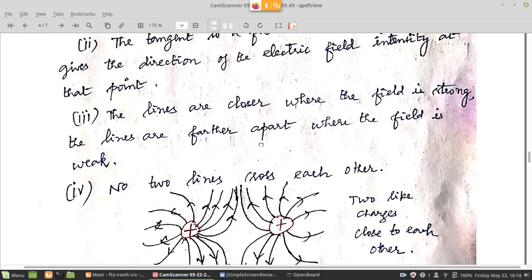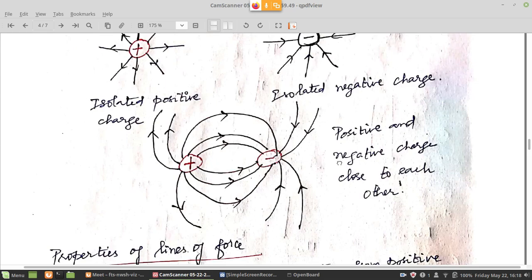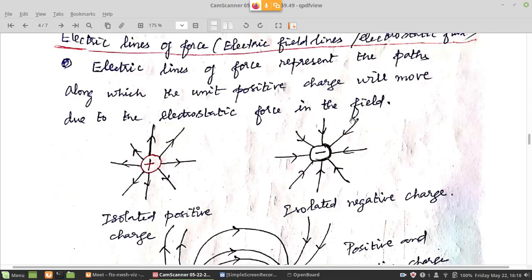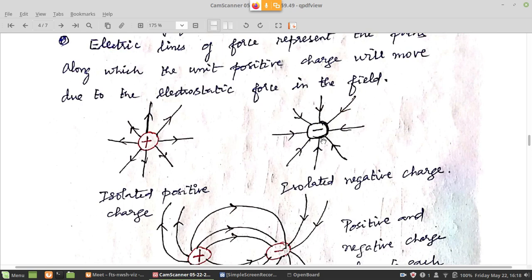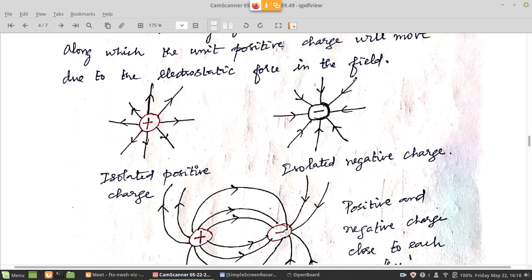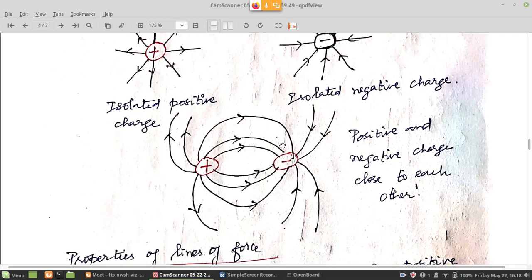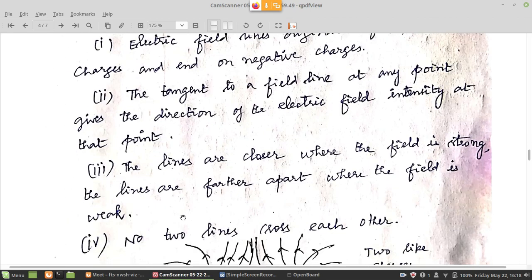Later on, when we study the concept of electric flux or electrostatic flux, again we will use these ideas. These ideas are very, very important. We will extend these ideas to the concept of electrostatic flux. We will separately deal with the topic, as a lot of questions are generally asked on electrostatic flux. So sometime next week we will start the concept of electrostatic flux. That time we will understand again why this is so important and why these properties are so relevant to calculating electric fields. Right. So I think today I will stop here.